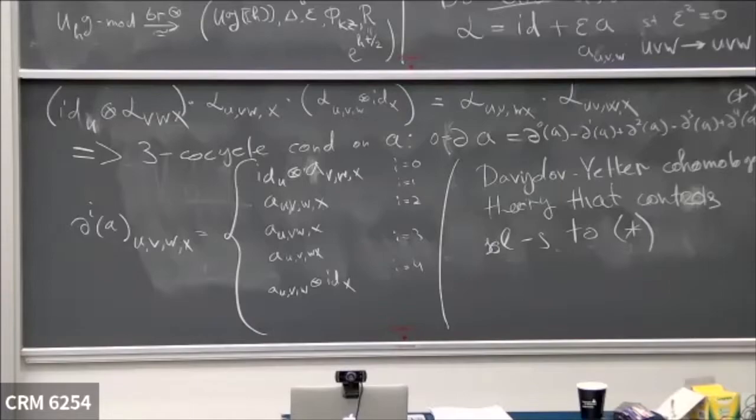This is a Hochschild complex that controls such equivalence classes of deformations. The second Hochschild cohomology classifies infinitesimal deformations of multiplication up to isomorphism of a certain type. Here is a similar story: I'm going to write you a Davydov-Yetter chain complex,